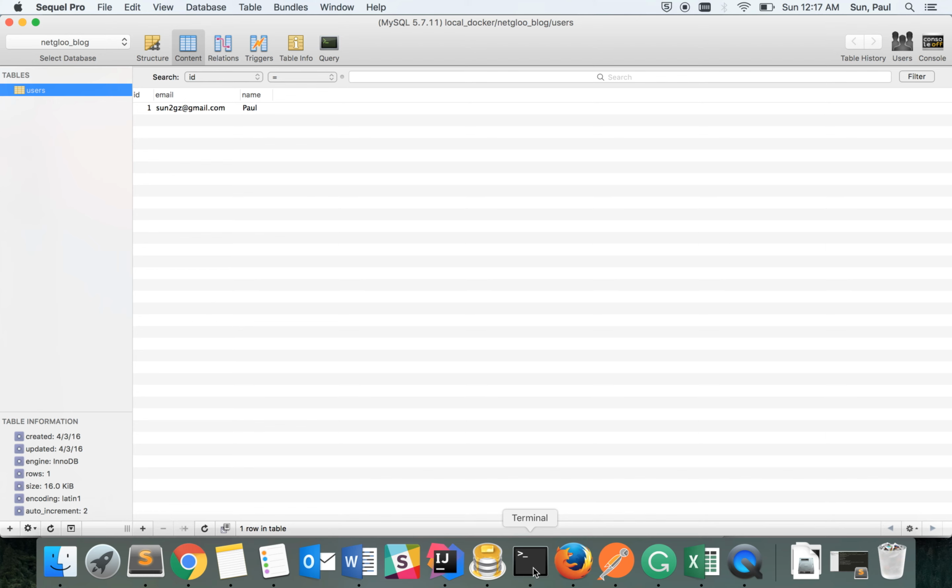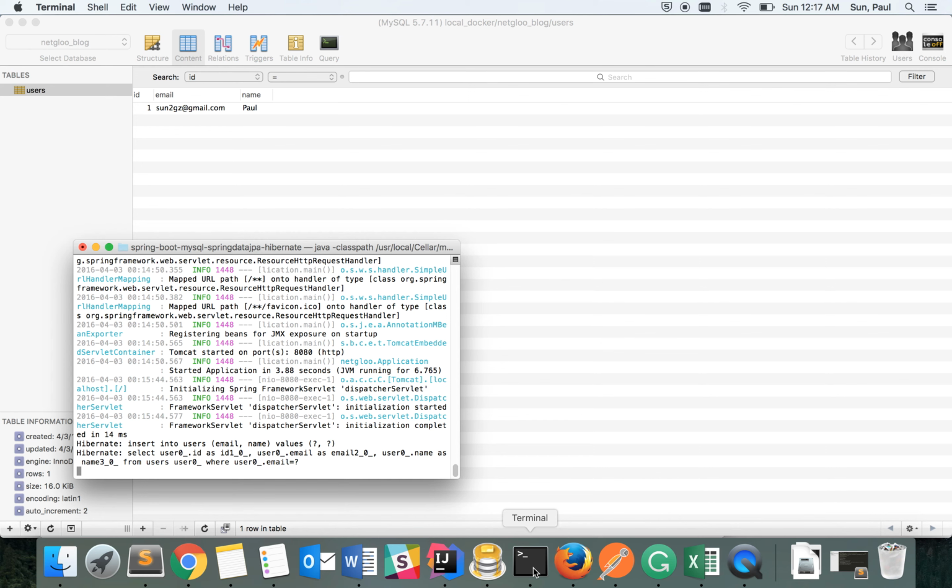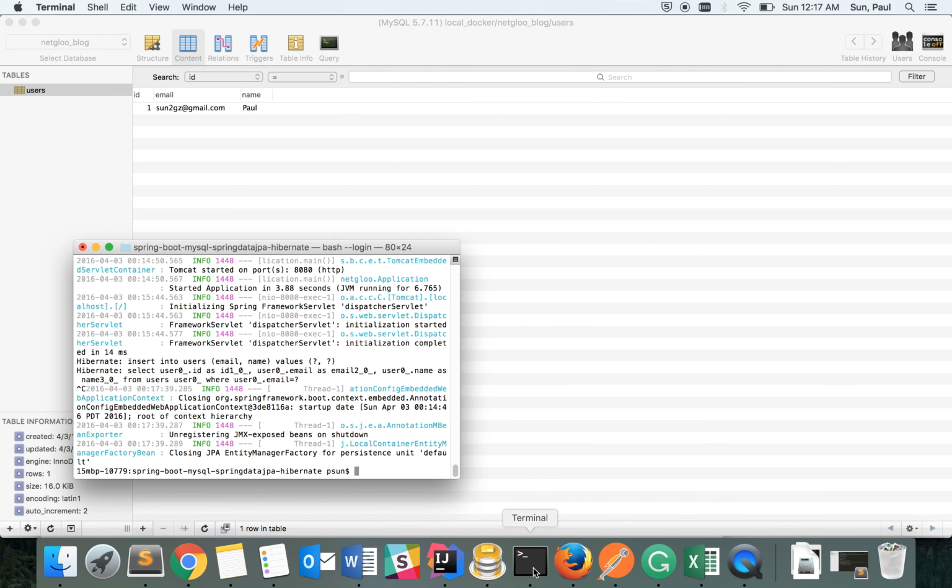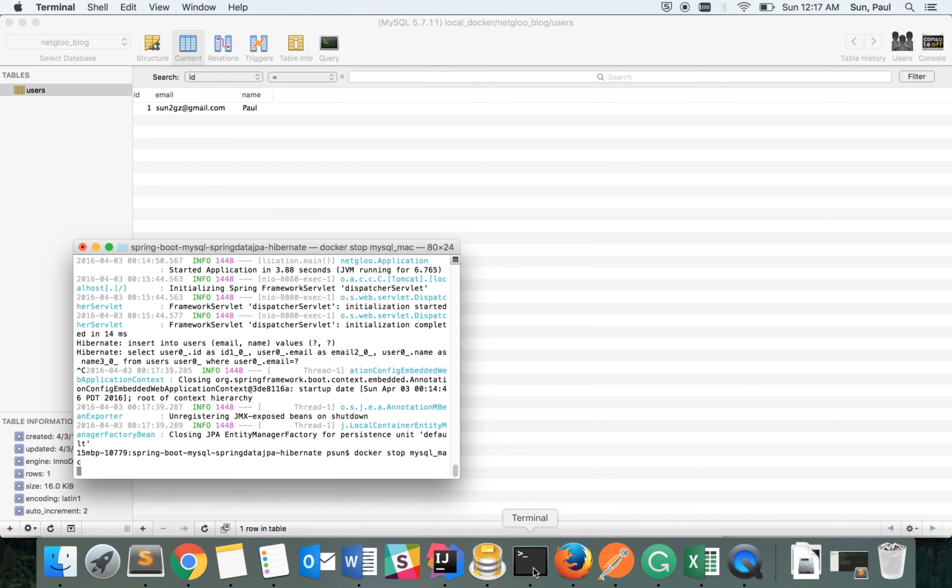Okay, so that's pretty much all. I think this way is very helpful and easy to manage. And later when you finish your development, you can just use Docker. You can stop this container. Say Docker stop MySQL_Mac, and